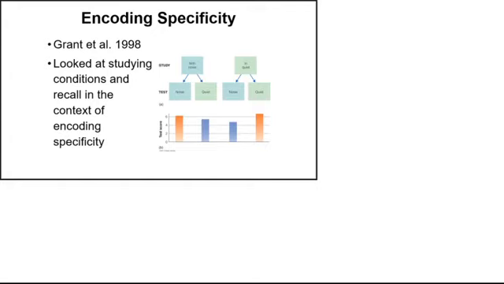Then, like 20 years later or so, they came back and they did another one, and they looked at students who were studying for tests, and they had students who studied in noisy conditions versus quiet conditions, and then they had tests written in noisy versus quiet conditions. Same basic setup here, and they were like, okay, if the conditions matched, or if they didn't match, how did their performance change? And again,